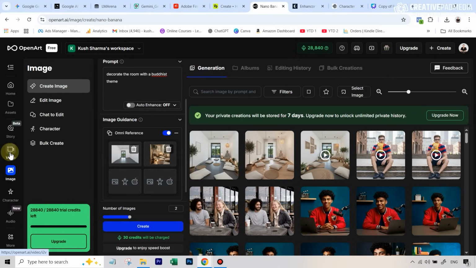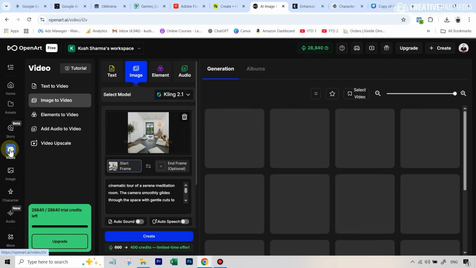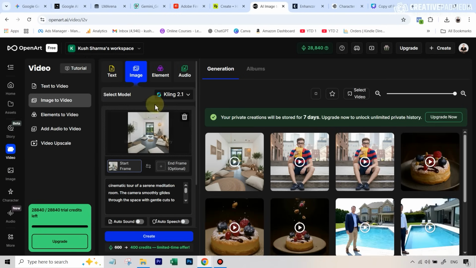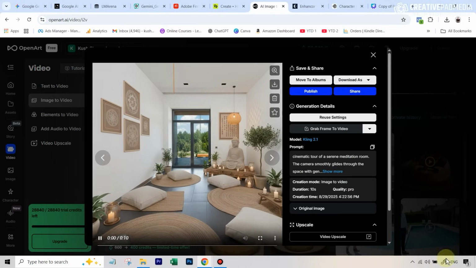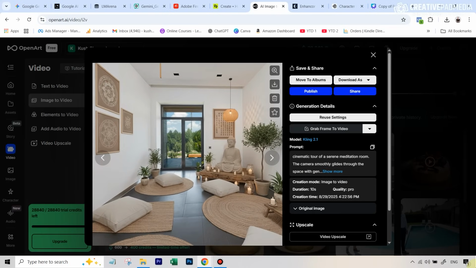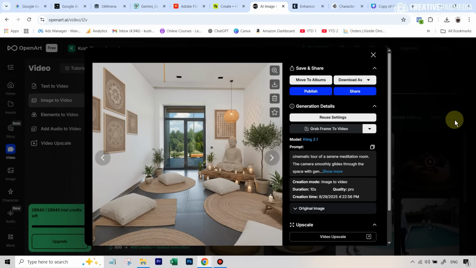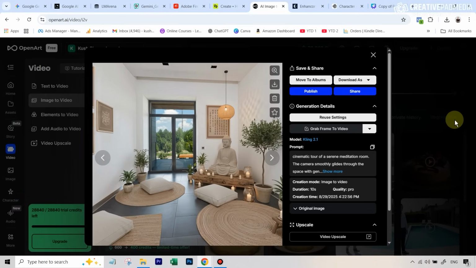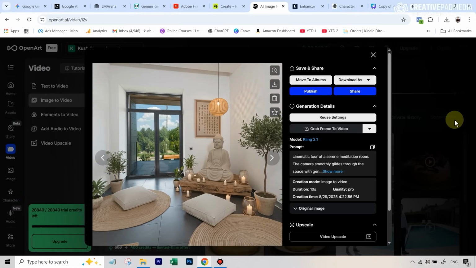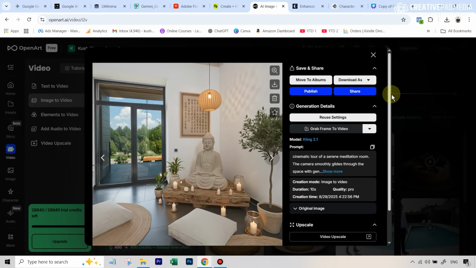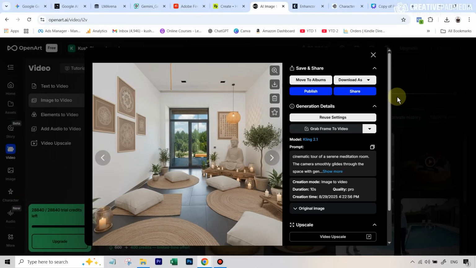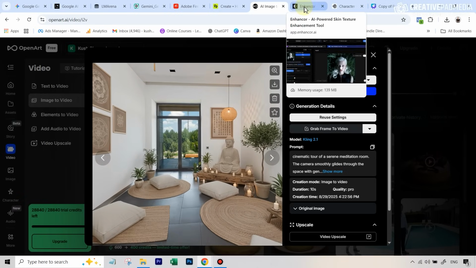Now, if I go back to the video part here, it will already have that image ready for me. And then again, I can select a model like Kling and just say cinematic tour of a meditation room. Then I can get results like this. So all this is possible if you are ready to pay for these apps. So mainly, I would say if you are interested in video production, that's when you should be going in for these all-in-one AI apps. However, there is one exception to this, which is the last platform that I want to